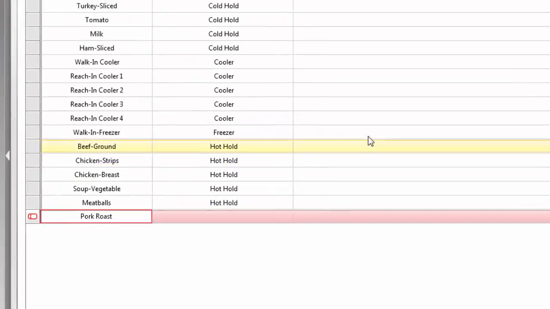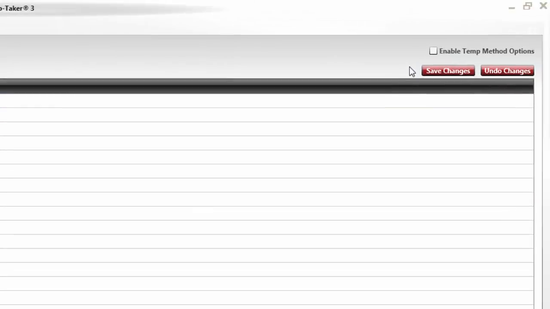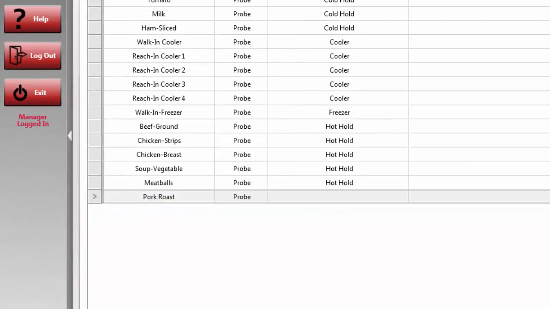The first option is attached to a toggle located in the top right corner of this screen, called Enable Temp Method Options. By checking this box, you will notice a new column appear to the right of your items list. By clicking on this column toggle within any item row, you will see a drop-down choice displaying two options: Probe and Keypad. What these terms stand for are the two different options for how you can record a temperature within